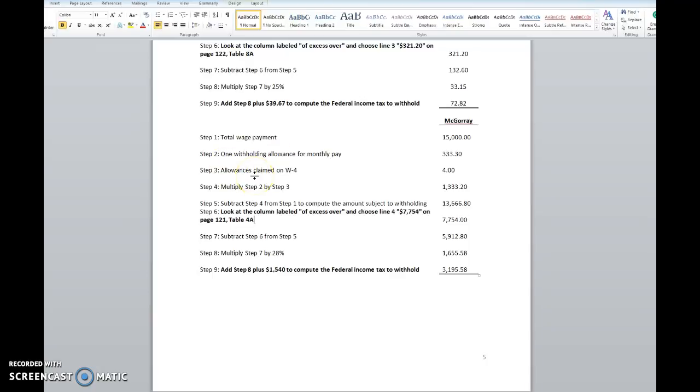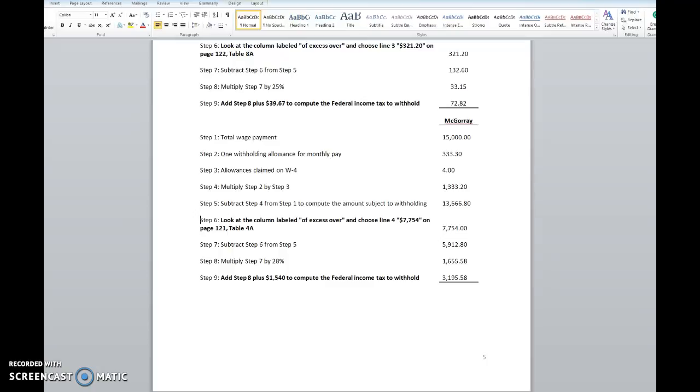So he gets paid $15,000. So it's 333. Multiply that by 4 exemptions. So we're going to get $1,333.20. We're going to subtract that from $15,000. We get $13,666.80. Subtract step 4 from step 1, which we did,